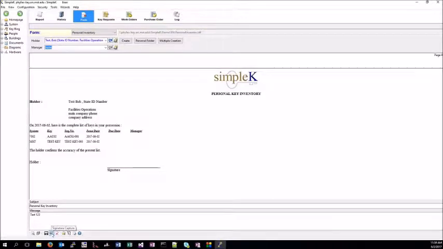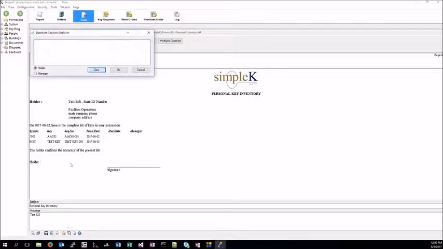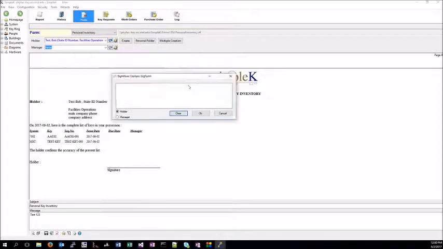It says Signature Capture. Now, if you do not see that button and it is not available here, a couple things could be wrong. The signature pad might not have been plugged in. You've never installed a signature pad. Things of that sort. So we're assuming that that signature pad is installed and it's operating, and here is the capture button. So we're going to go ahead and click on it,